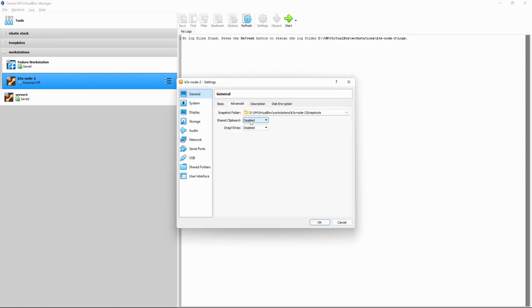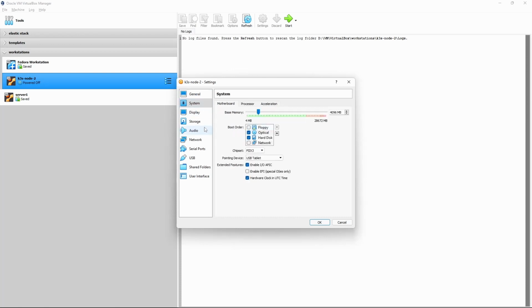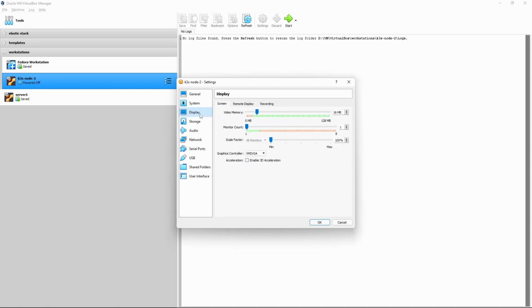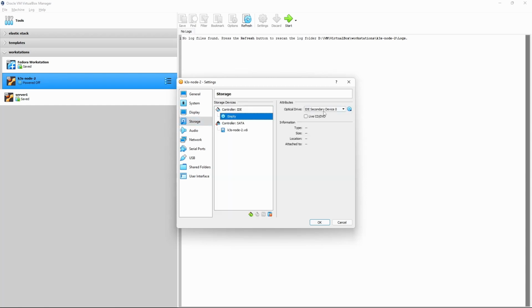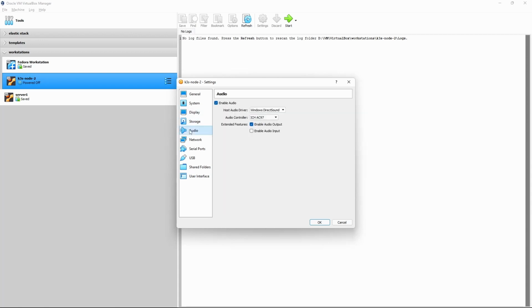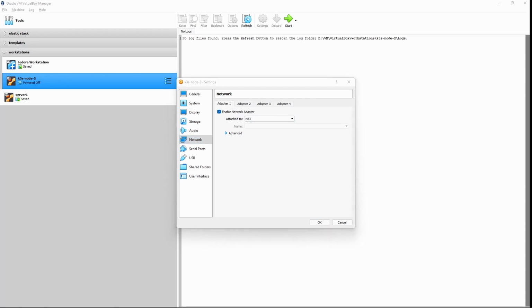Let's check the settings. I enabled shared clipboard, disabled drives I don't need, and added more CPUs. It's also a good idea if you plan to run containers. Then I mount my Ubuntu server live image, so I can boot it directly. Disable audio. Now the network settings. It's a bit more complicated, because my master node is a physical server connected to my